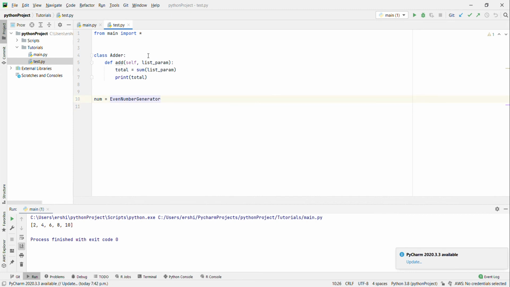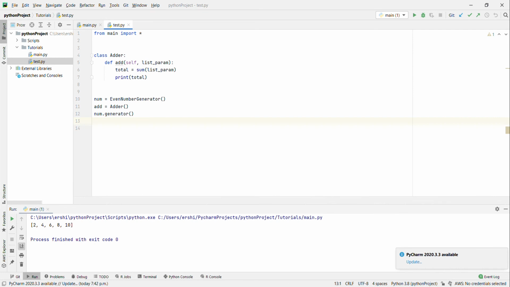So now I'm going to make add is equal to adder. Oh, it is a capital Adder. I forgot to put the colon up there. So adder, and I'm going to first run the number generator. So num dot generator,